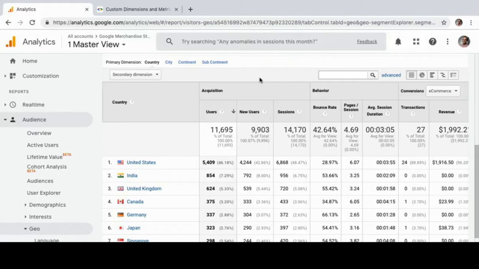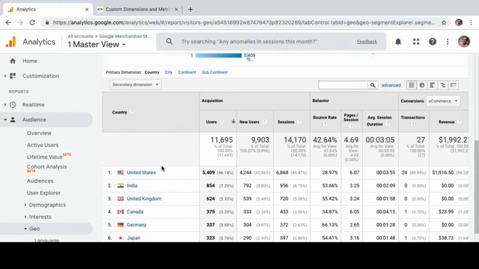As you navigate Google Analytics, you're essentially interacting with dimensions and metrics. In this report, the dimension is the country, and a related metric would be, say, the number of sessions. And this is really beneficial. Out of the box, Google has a tremendous number of dimensions that really help you understand what's going on